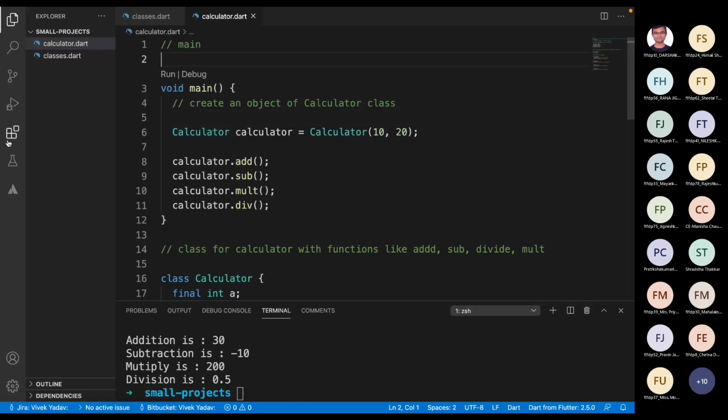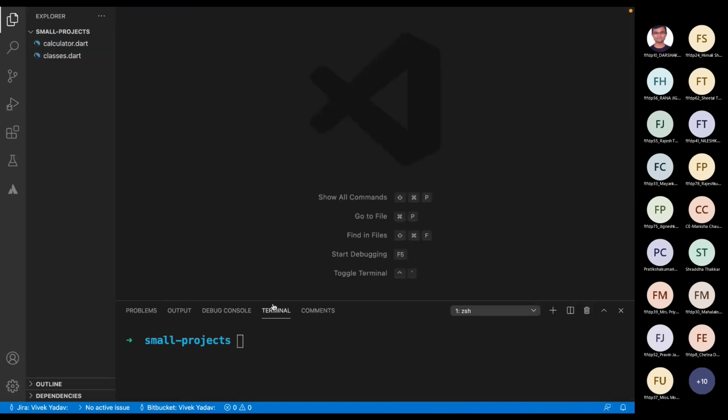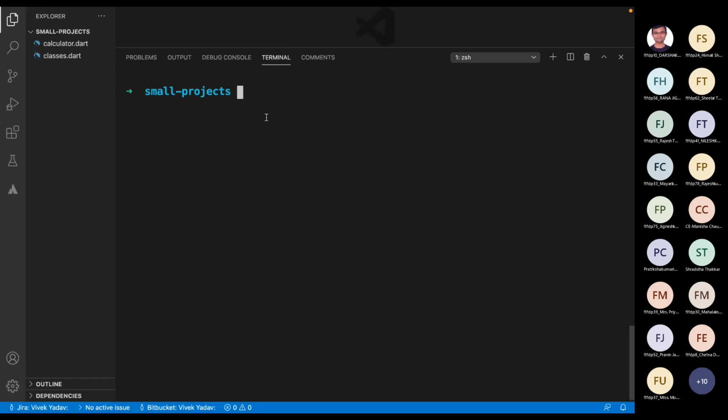I guess everyone knows how to create Flutter projects, but still I'll try to create a Flutter project here. Let me clear it, and close this as well. In the terminal, if you write flutter create, then you can create a Flutter project.